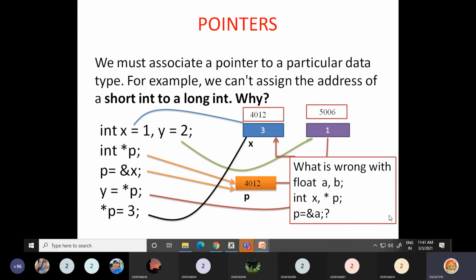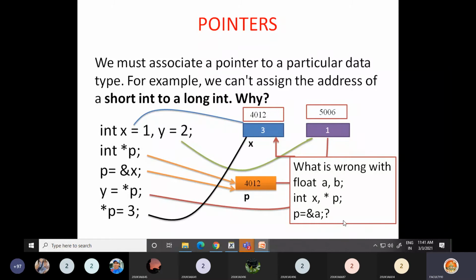Now, what is wrong with this code? For example, I have variables float a, b, and int x, *p. If I say p is equal to address of x, P is a pointer. Which type of pointer is it? Integer pointer. That means it should store the address of another integer variable only. Here, p is equal to address of x is okay, since x is integer type and p is also integer type.